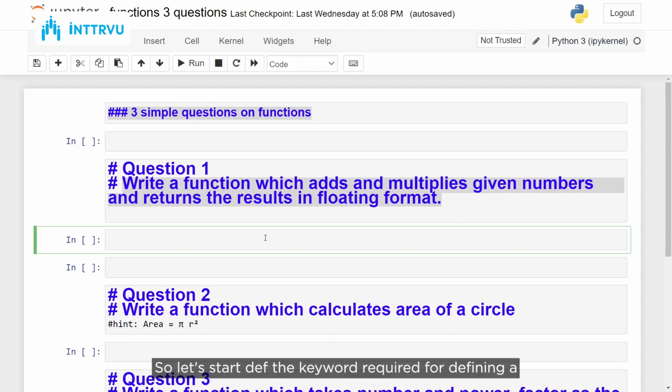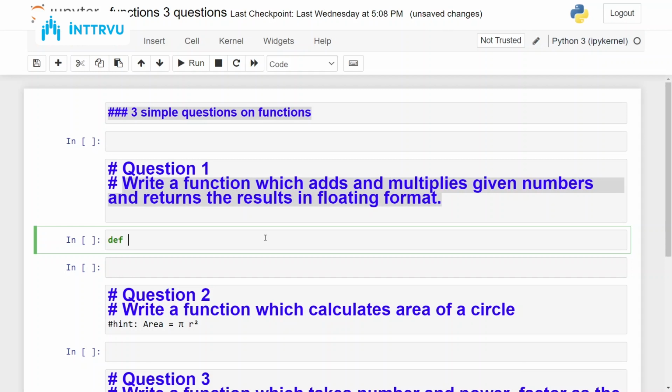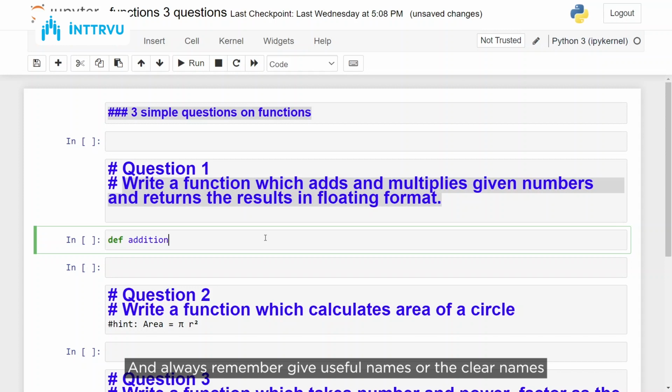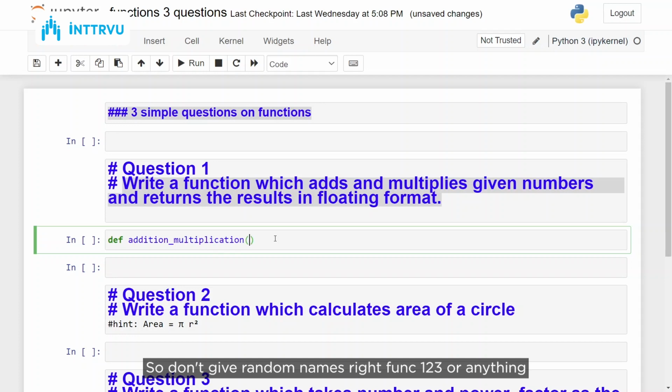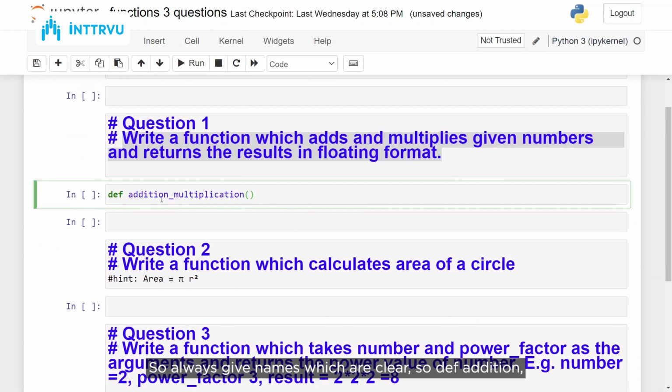So let's start. def, the keyword required for defining a function, and always remember, give useful or clear names to your function, right? So don't give random names like Func123 or anything like that. Always give names which are clear. So def addition_multiplication, then two numbers. So let's do num1, num2,